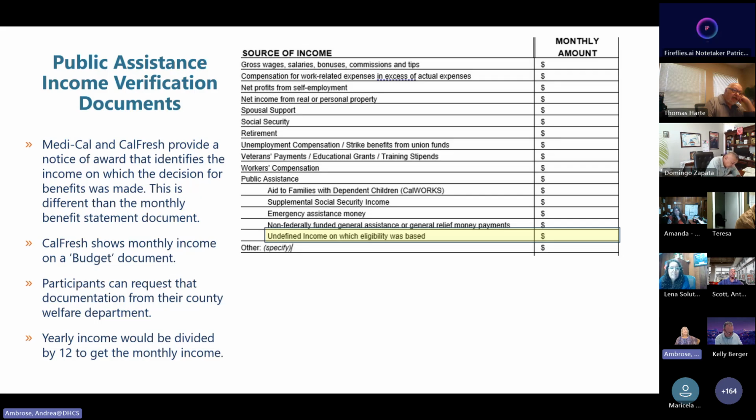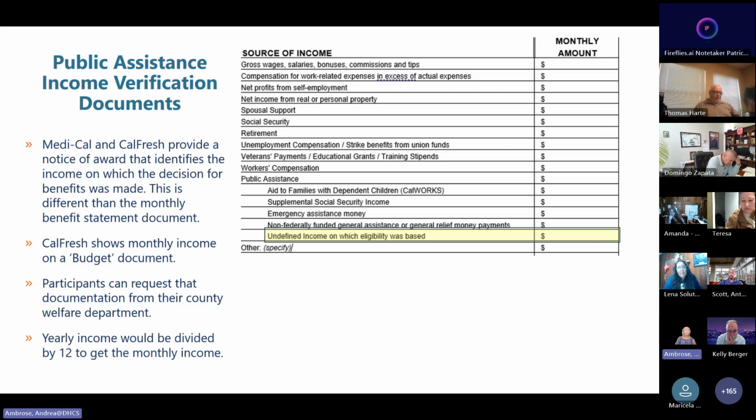So for instance, Medi-Cal and CalFresh don't automatically qualify participants for anything, but those award letters, when someone gets an approval for either Medi-Cal or CalFresh, they get a letter that shows that they're approved, and it also shows the income level that the county used to make the determination that they were eligible for that benefit. That is the letter that you're looking for. It's the award letter that shows the income that their eligibility for the assistance was based on.